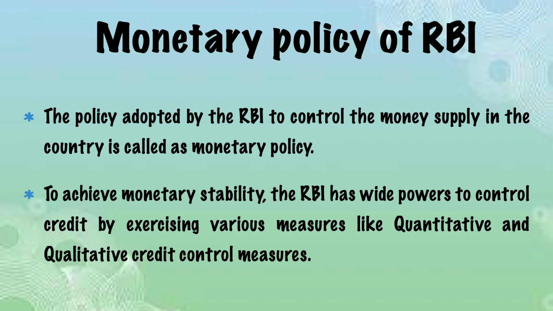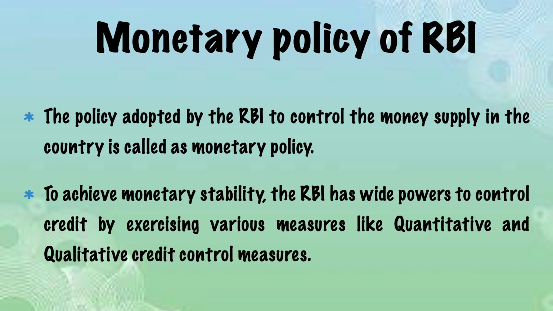So here monetary policy is aiming to get these prices under control. Is that clear? To maintain the stability of prices of commodities and services. Hope you understood what monetary policy is and what the aim of monetary policy is, that is price stability with sustainable growth. Now in order to establish this objective, it has two major measures: quantitative measures and qualitative measures.